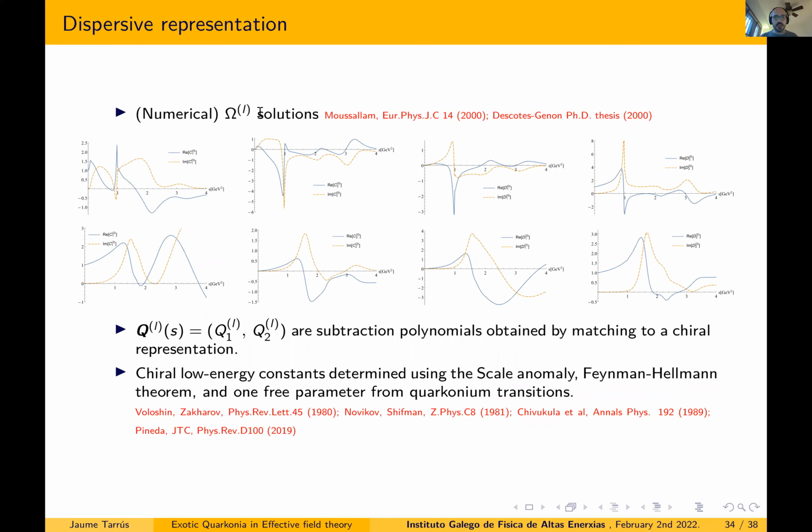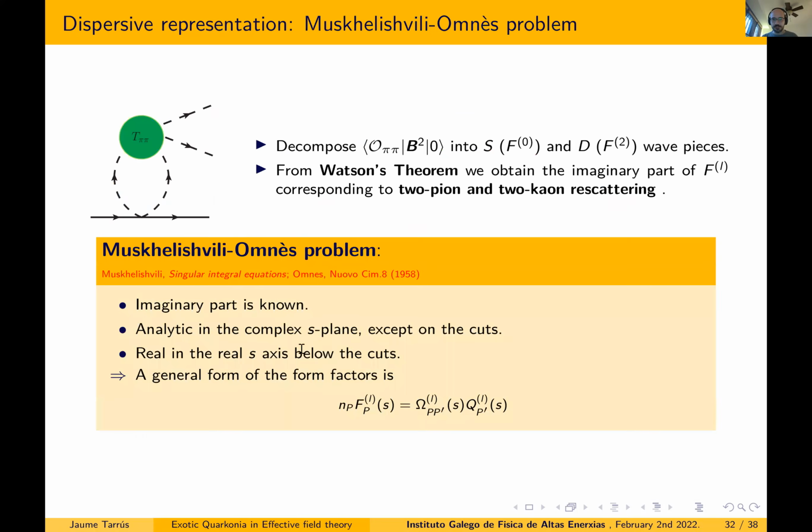So the results we obtained for these Omnes functions are given here. The first line is for the S wave, and the second line is for the D wave. Then the subtraction polynomials are obtained by taking the expression here and expanding it for a small s. So s is the square of the sum of the outgoing momenta of the pions or kaons. One can expand this for a small s, and then